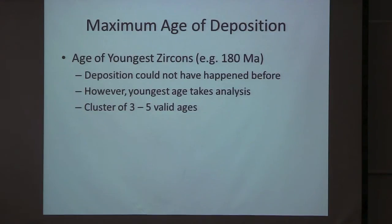In terms of constraining the age, a key variable we get is called the maximum age of deposition. And that is, we're looking at the youngest zircons in the set. So out of the 80 zircons, we hope for a group of 3 or 5 zircons all clustering at the youngest portion of that set, and that gives us an age, what we call the maximum age of deposition. Because if you have zircons that are 180 million years old, you know that they weren't deposited 200 million years before the zircons were even made,